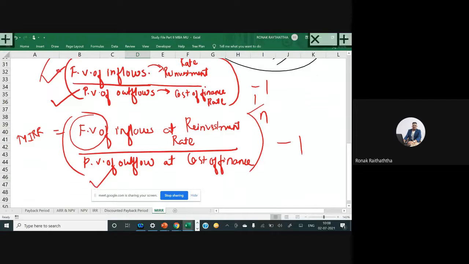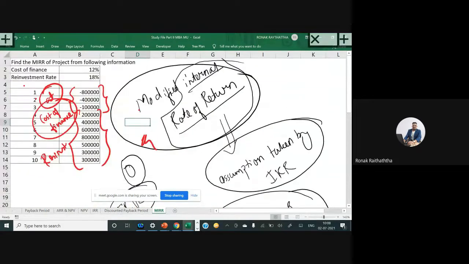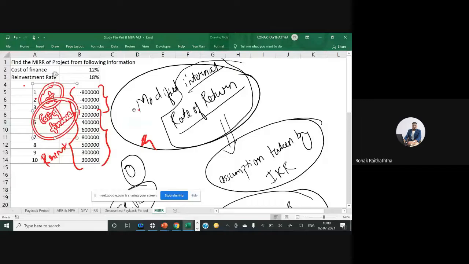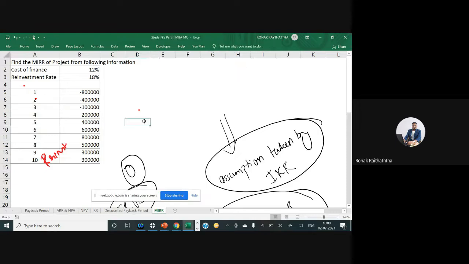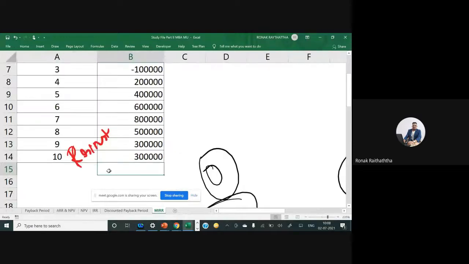Sir, how can we do it? Let's go over there. Now Excel has got one MIRR function. It is just so easy to use that you will feel like, sir, why are we doing this calculation, finding it is so easy. What you will do is, you will start with the sign of equals to. I know you don't have the laptop right now. I'm just explaining the Excel part first, and then we'll do the manual calculation. Start with the MIRR, opening the bracket.